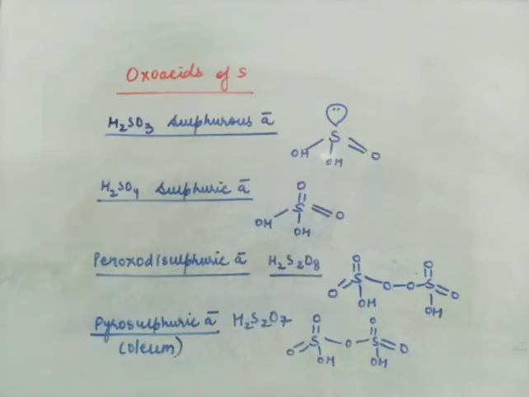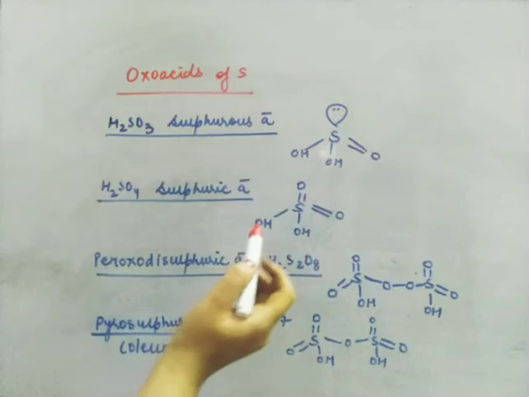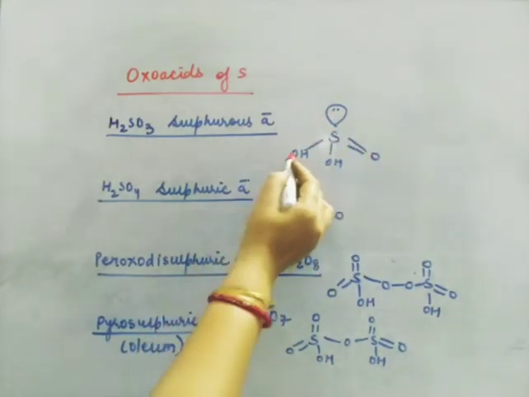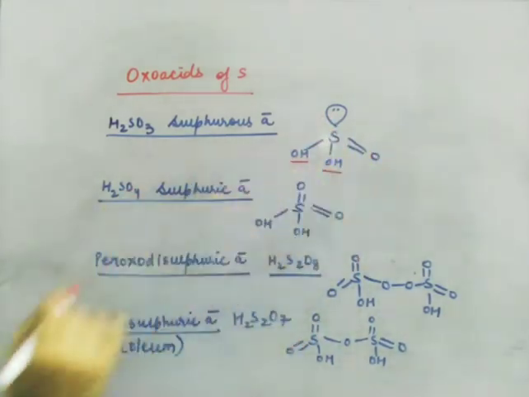For example, we will not say HCl is an oxoacid. HCl is not an oxoacid. It is a simple acid. But H2SO4, HNO3, these are oxoacids. So sulfur forms a variety of oxoacids. But here we are discussing the structures of only 4 oxoacids. The first is sulfurous acid, that is H2SO3. It is unstable at room temperature. And this is the structure. You can see sulfur has one lone pair, two OH are there and a double bond oxygen.